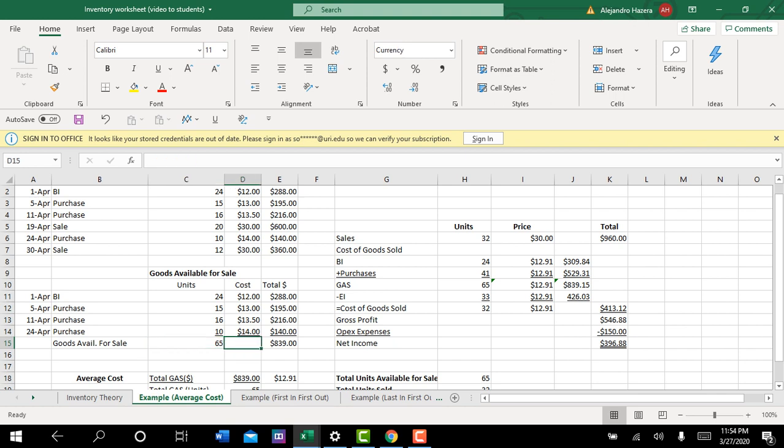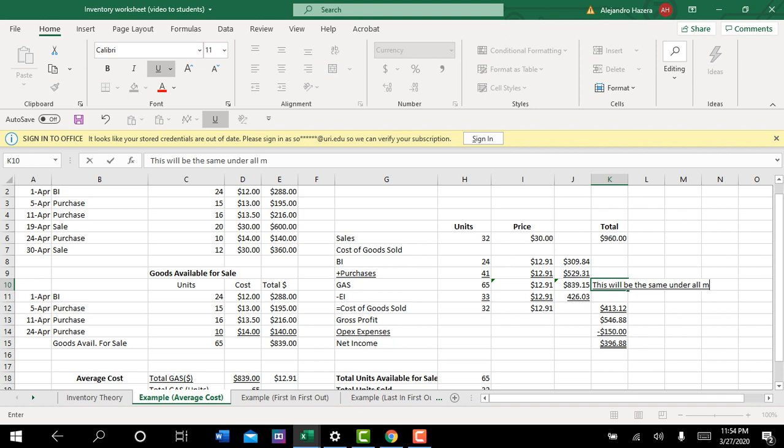This will be the same under all three methods. And the reason that I'm emphasizing this is that you're going to see it doesn't matter if you use weighted average